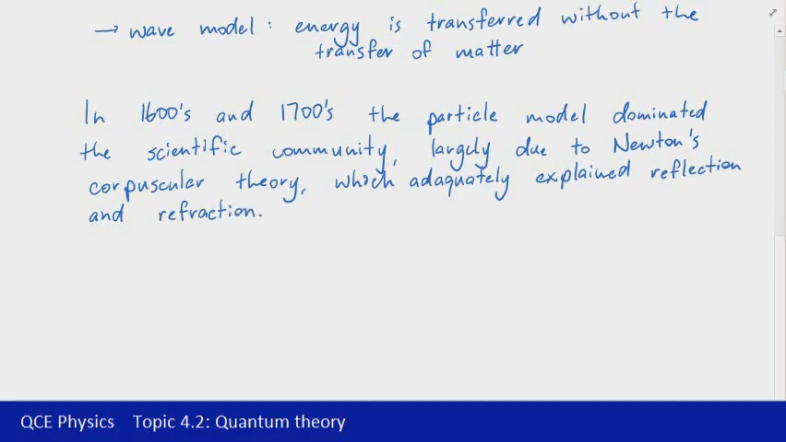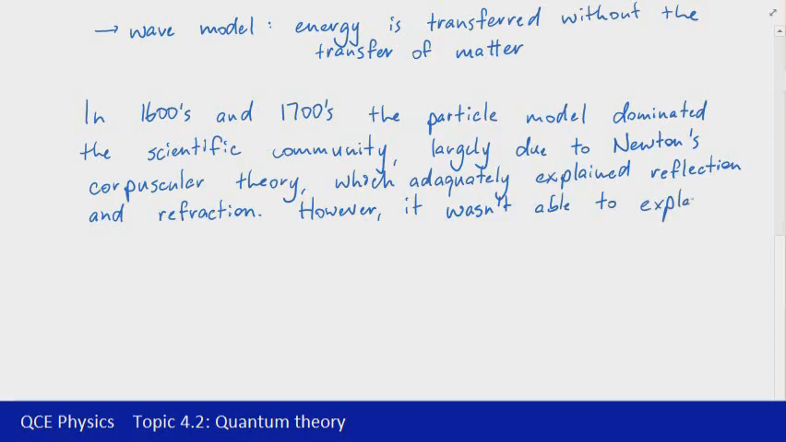Refraction, likewise: if something's moving along and then hits something where it slows down, the path that it travels will vary. And so the corpuscular theory was able to explain reflection and refraction, but it had a particular issue in that there were a few other phenomena that were discovered that it wasn't able to explain. So those phenomena, things that we already saw in Unit 2,